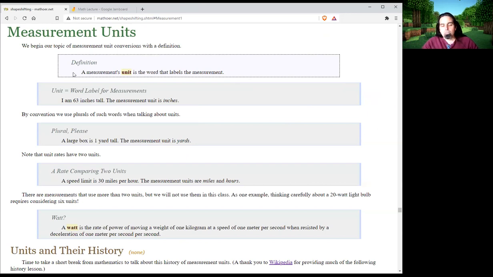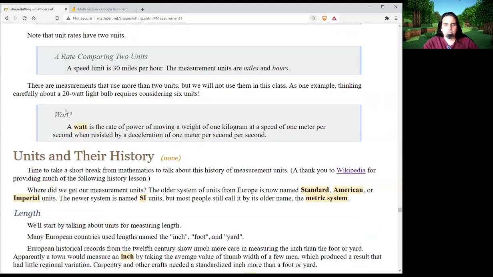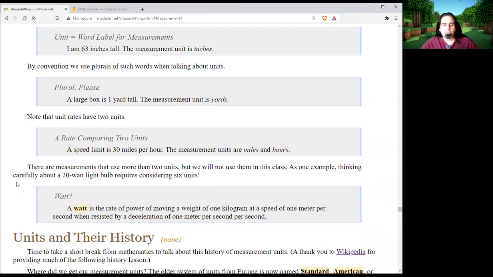So our definition, a measurement's unit is the word that labels the measurement. No surprise there. If I say I'm 63 inches tall, the measurement unit is inches. I'm gonna make things bigger. By convention, when we talk about units, we talk about the plural. So if a box is 1 yard tall or 3/4 of a yard, we would still say the measurement unit is yards. No one will actually test you on that, but